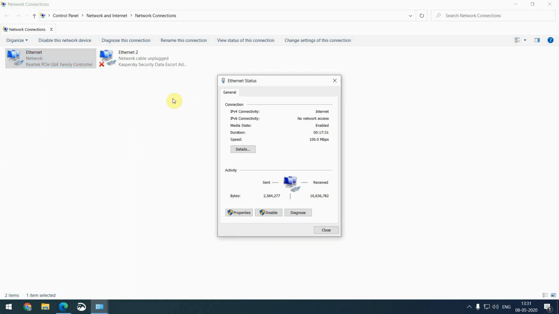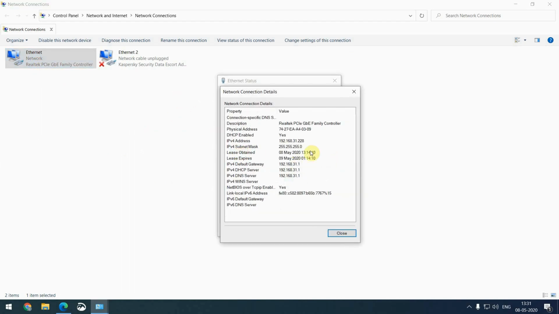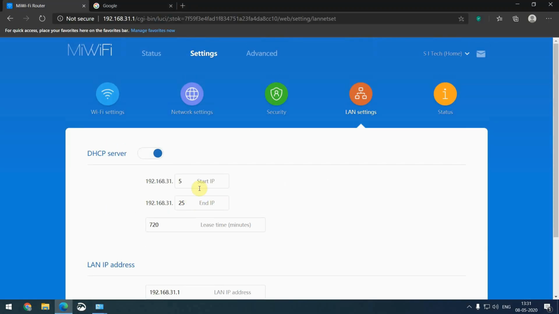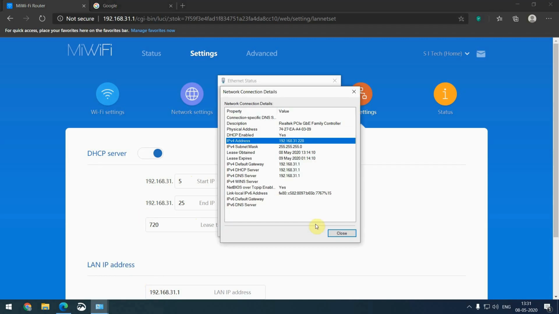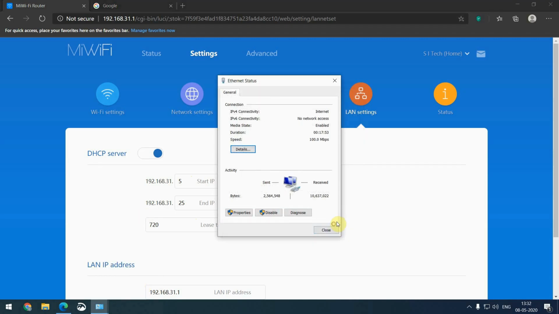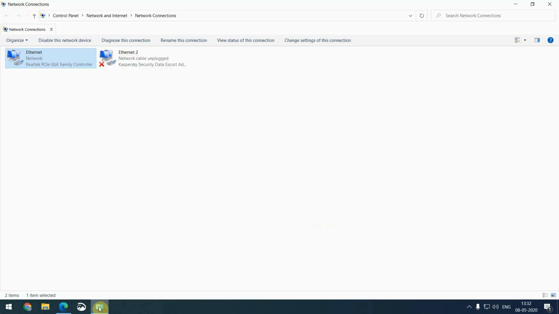An IP is already assigned to my system, 31.228. This is out of the range, but after I restart the system, only IPs from the scope that we have mentioned, between 5 and 25, will be assigned to the system. To check that, we can do a simple thing.